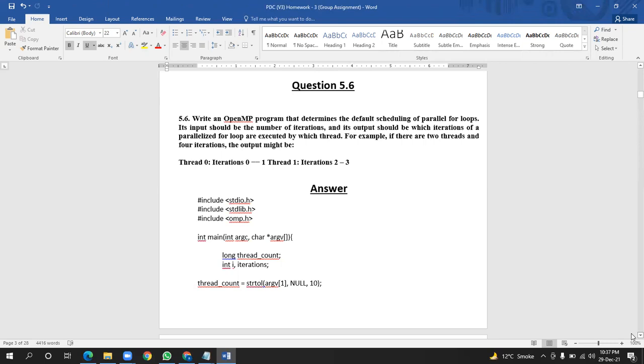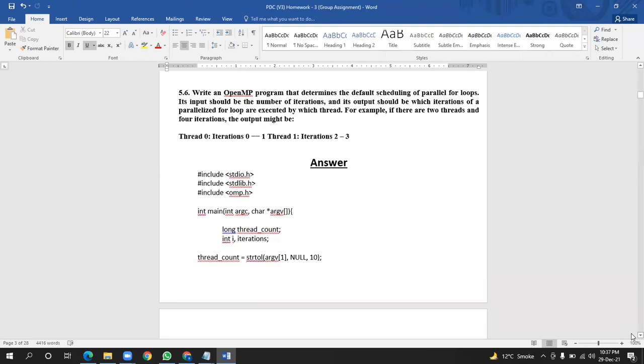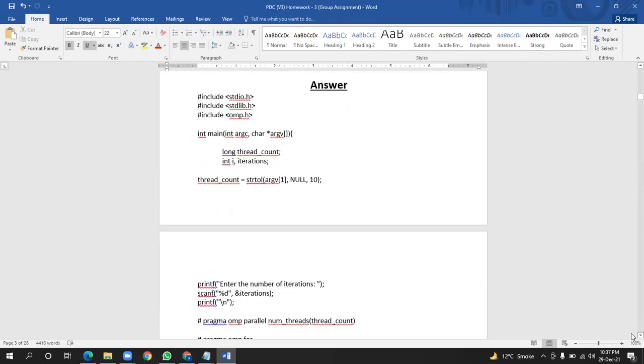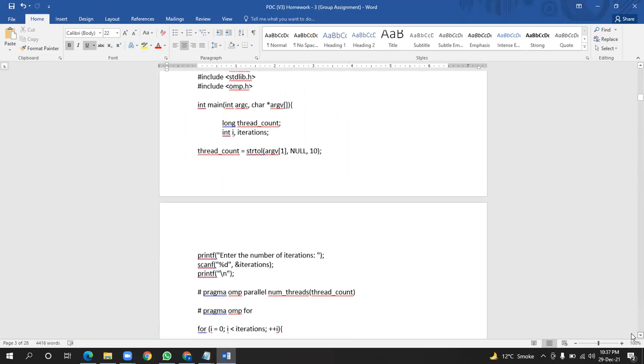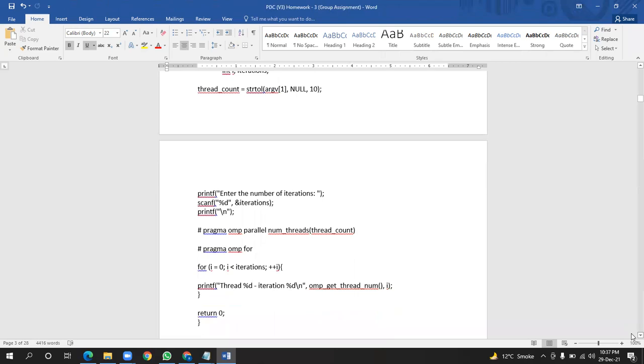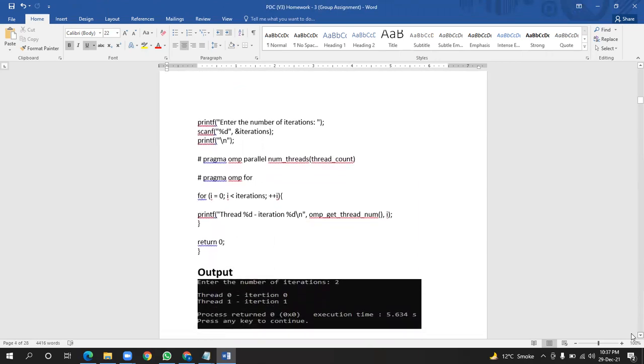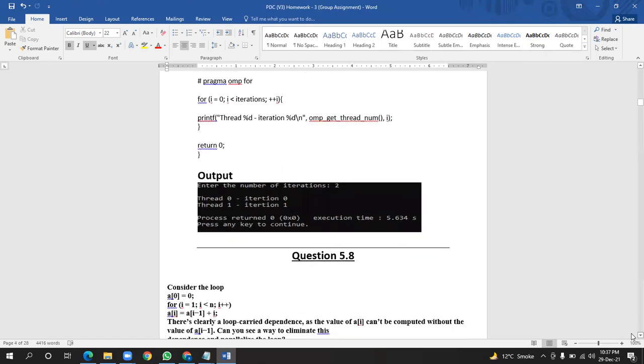Then we have the main function, in which we declare long thread_count and iterations. Thread_count is equal to strtol of the arguments and NULL, and then we print the number of iterations. After that, we take input from the user, and then we have #pragma omp, and then we are printing the thread iterations. And here we have also placed the output of our code.